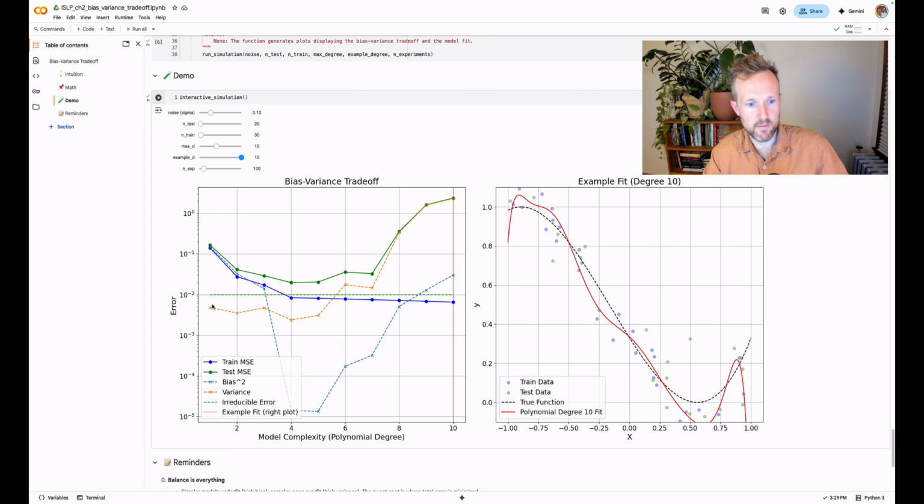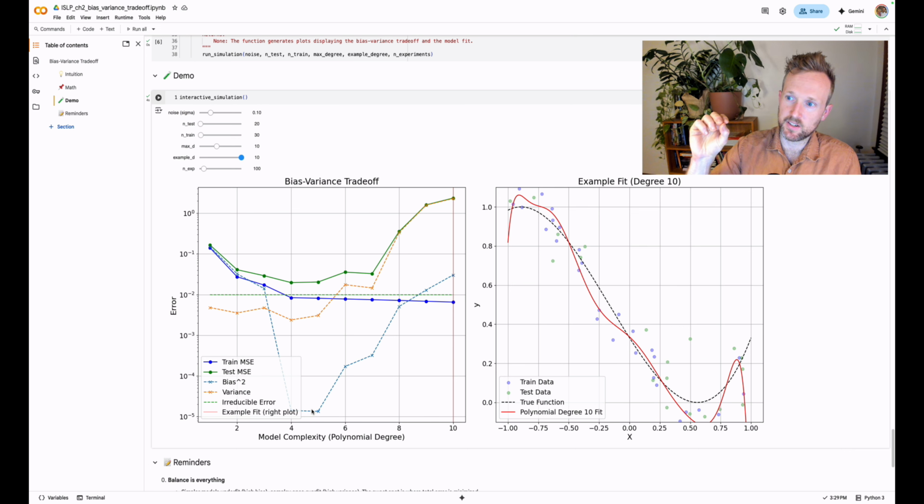So the orange is the variance, which is increasing with increasing model complexity, and then the bias is decreasing generally. It actually starts going back up, which is an interesting result of this, just the nature of